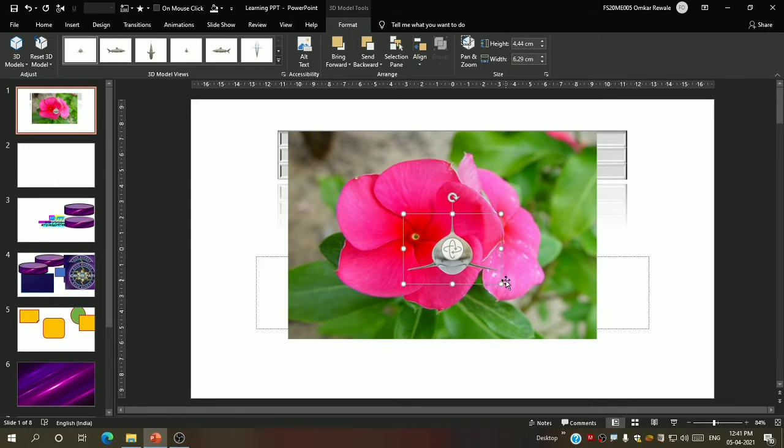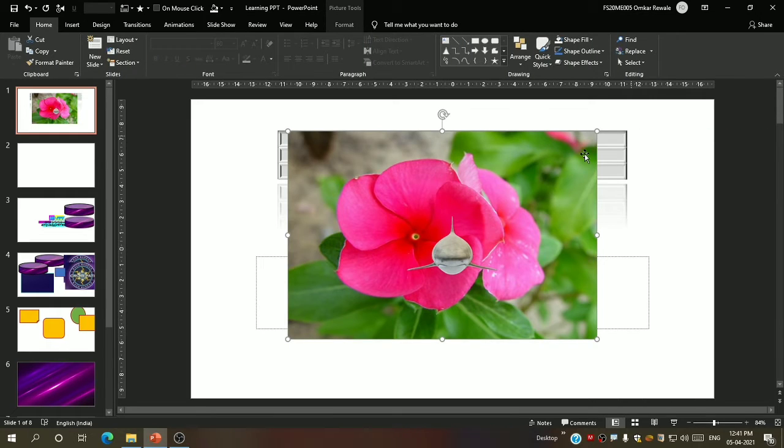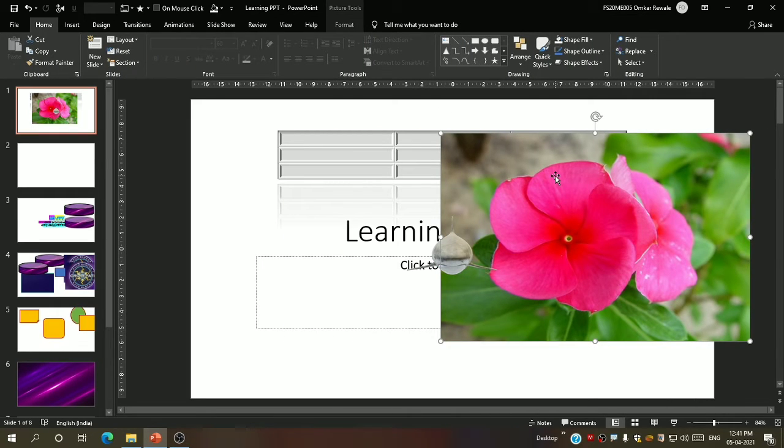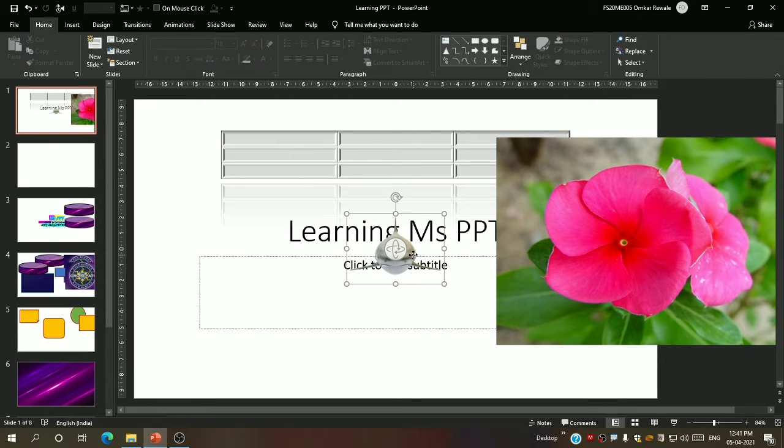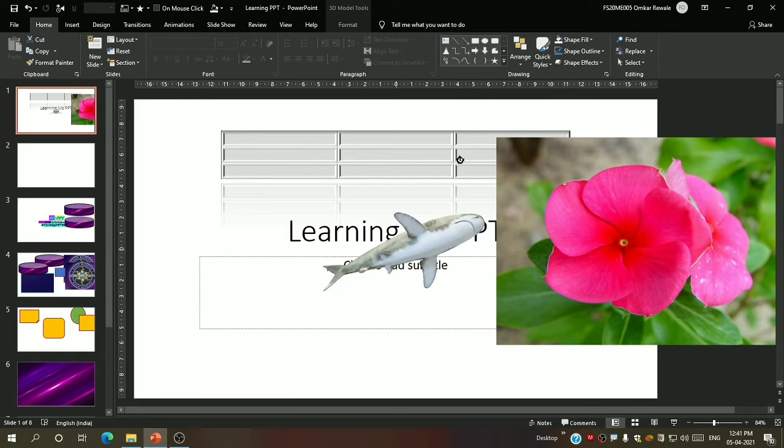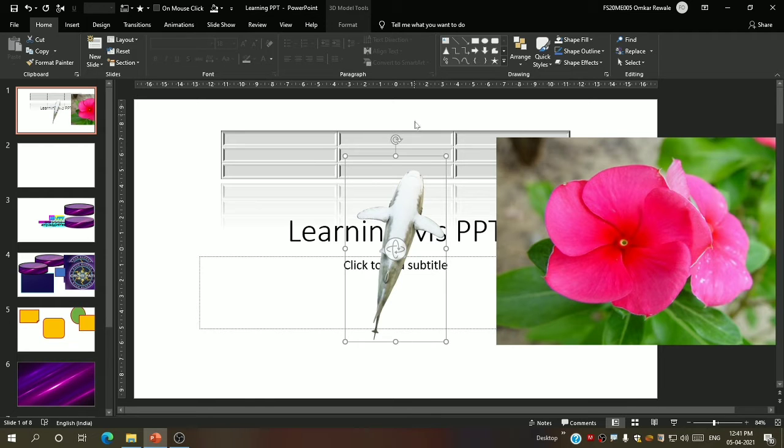Okay, it is inserted. Now let me bring this all outside to show you. Now you can see the middle one. Something is displaying a circle. It is to move. Now what you have to do? You have to bring your cursor over there. You have to click on your mouse and move it as per you want. And once you remove your hand from the click button of your mouse, it will be displayed that way.